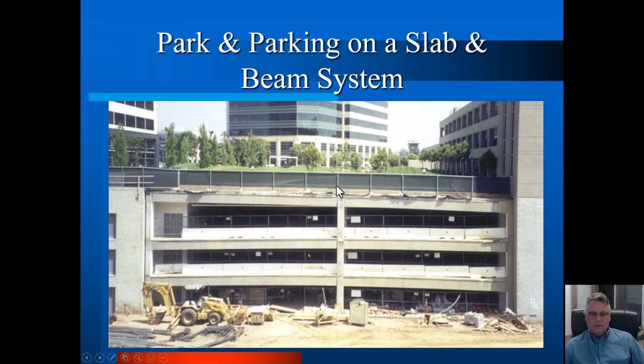But the interesting thing about this particular slide, this particular picture, is that there's a park on top of this. Now, I will confess that most of that park is styrofoam, but about 15 inches of soil, which is not light, and trees, which have grown up a lot since this picture, and those are heavy, are on this long span beam and slab system. This would not be possible if these beams were not post-tension concrete.